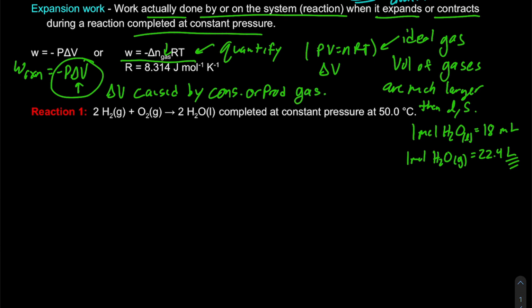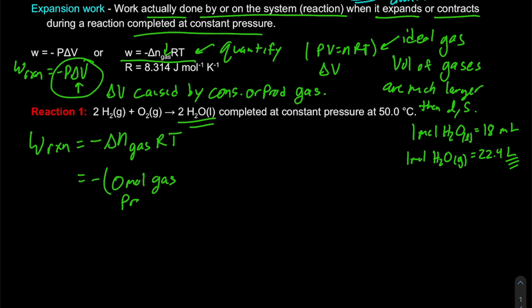So let's look at our reaction here, and let's calculate what the work for the reaction would be. The work for our reaction would be negative change in number of moles of gas times R times T. So that's going to be equal to negative, we have 0 moles of gas particles for our products, and it's always final minus initial, minus, I have 2 plus 1 more, 3 moles of gas particles for our reactants, and that's going to be multiplied by our R value, 8.314 joules per